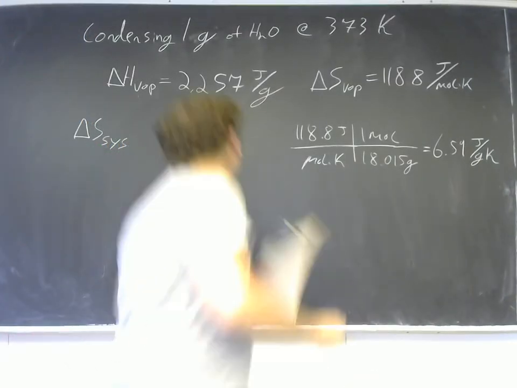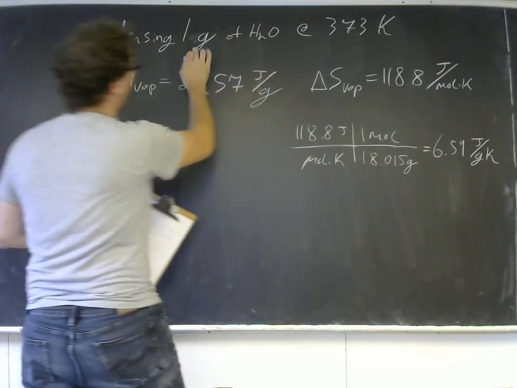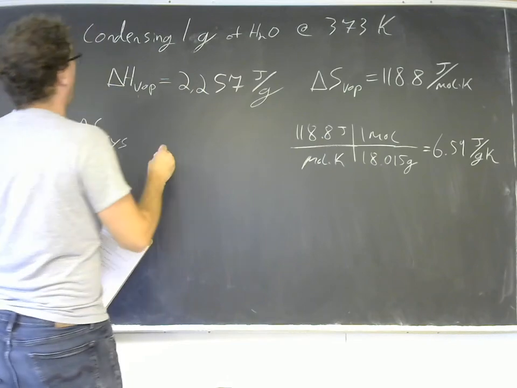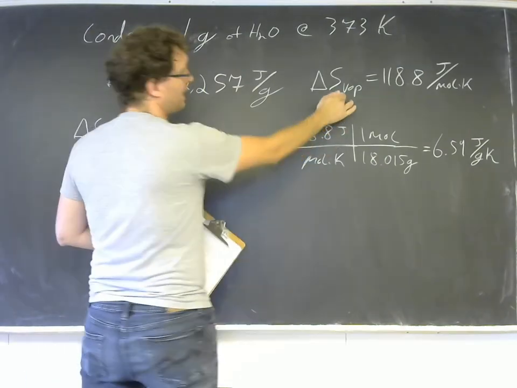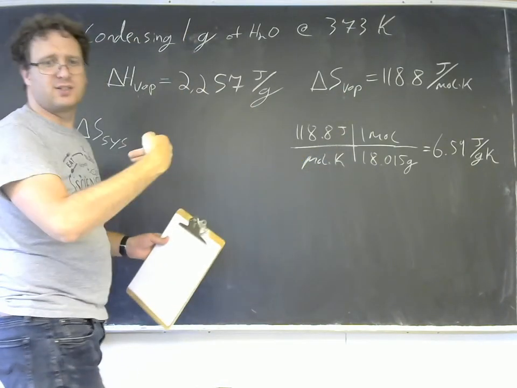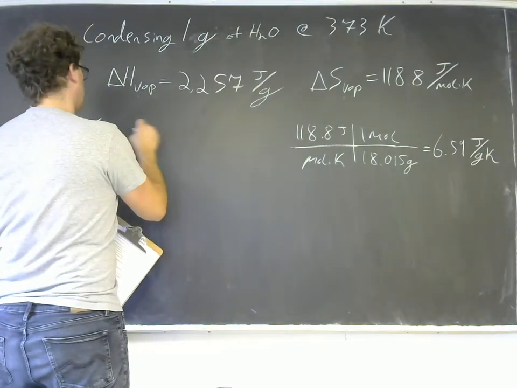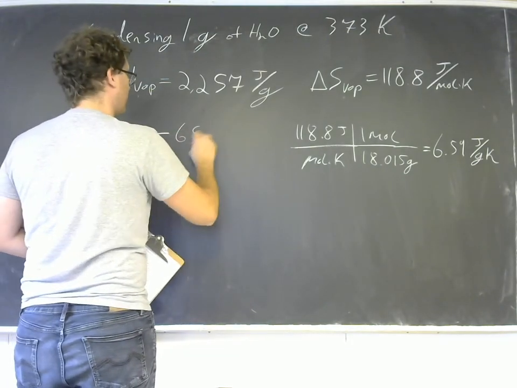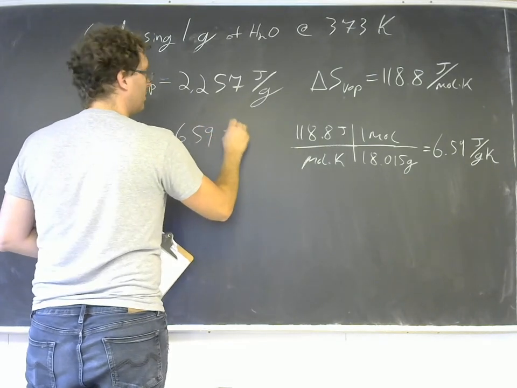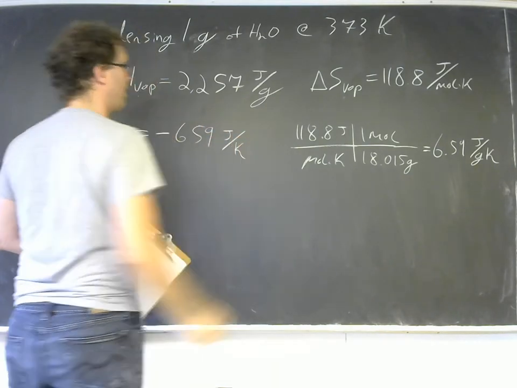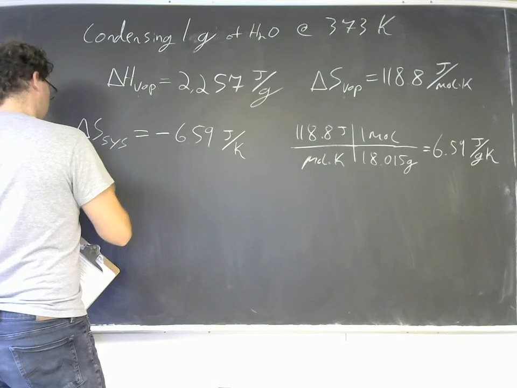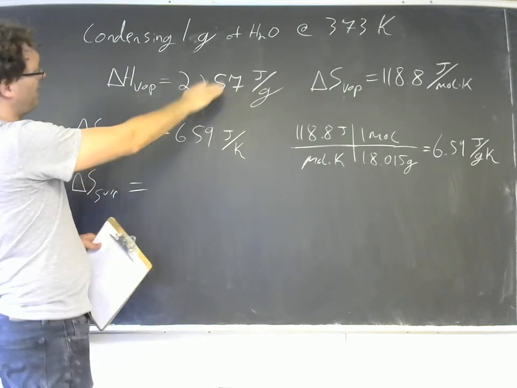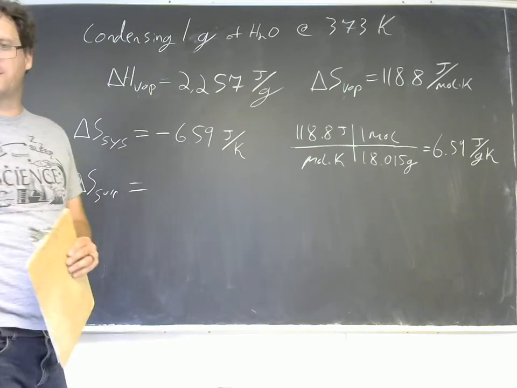Okay, so delta S of the system, if we have 1 gram and it's 6.59 joules per gram Kelvin, that's for vaporization. Condensation is the reverse of that, and so delta S of the system will be negative 6.59 joules per Kelvin. Delta S of the surroundings, if the enthalpy of vaporization is 2,257 joules per gram,